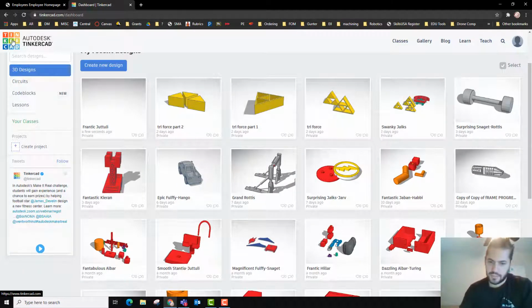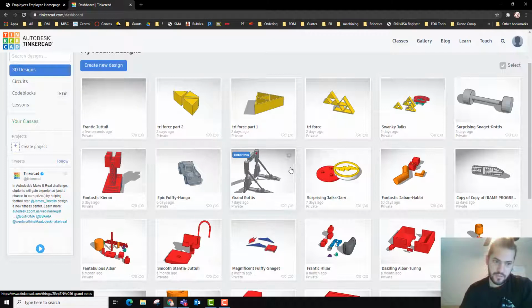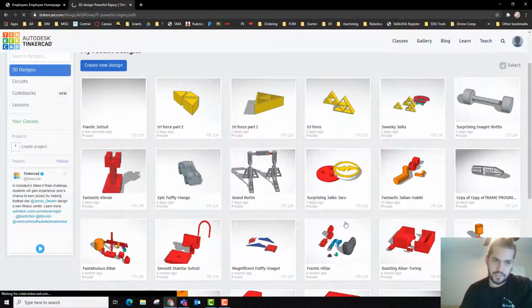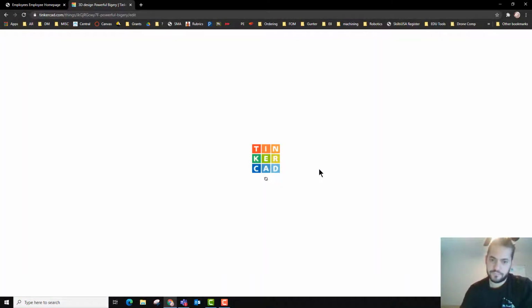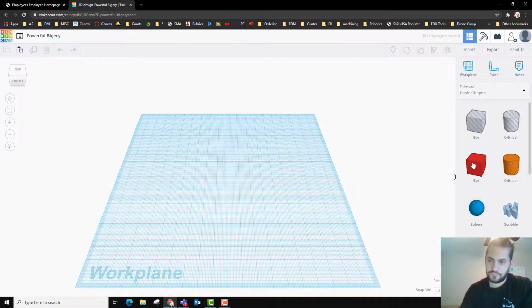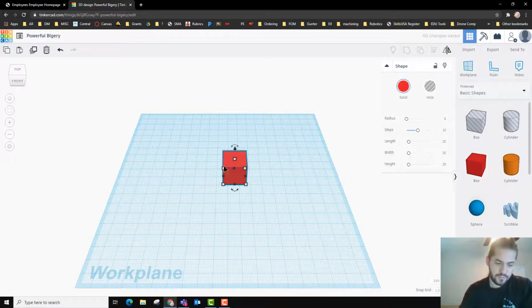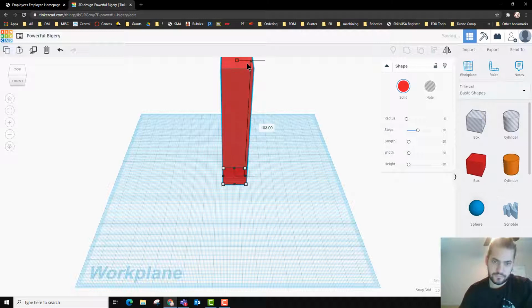Or if you don't have a design that you want to pick, you can literally just go in here, create a new design, and I'm just going to make a hammer here. So we will duplicate this, hold shift, scale it down,